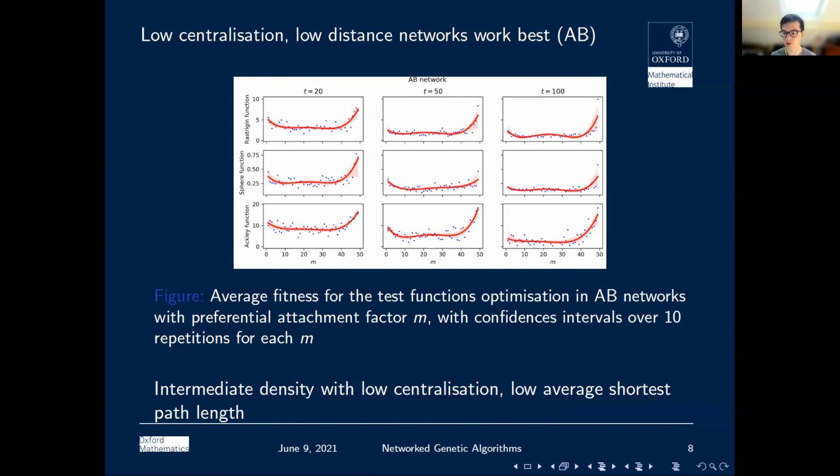This low average shortest path length seems to be very favored by the GA because it allows good solutions to percolate through the network and be improved by other nodes. But when you have this low average shortest path length with extremely centralized systems, and this is the right part of these plots, the whole mechanism falls apart, because you're really relying on possibly the mistakes of a central node, and this central node can really undermine the performance of the whole population.